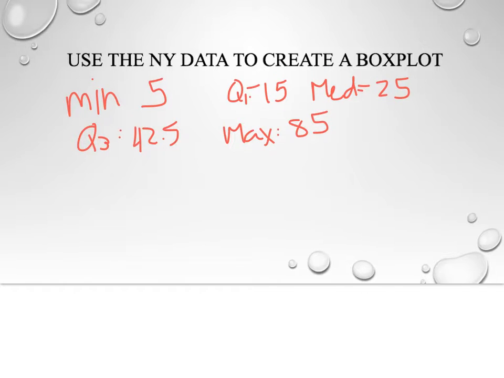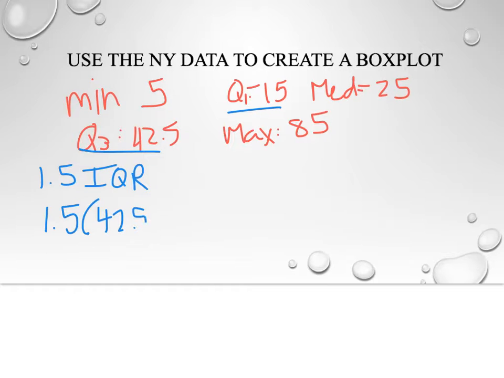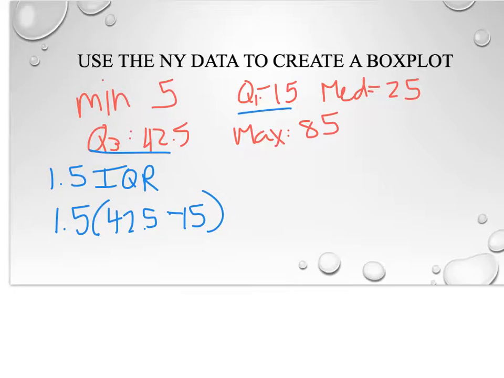Well, the first thing we want to do is check to see if we have any outliers. So remember, to check for outliers, we're going to use our 1.5 times IQR rule. So the first thing we need to do is find our IQR. Our IQR, remember, is just our Q3 minus our Q1. And we're going to do 1.5 times that, 42.5 minus 15. Alright, and that's going to get us